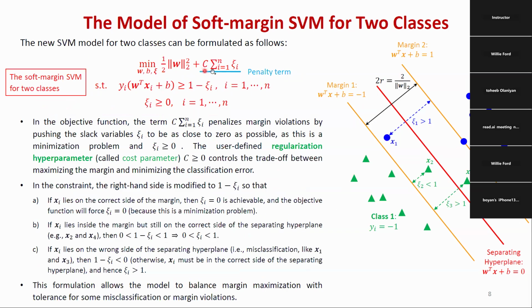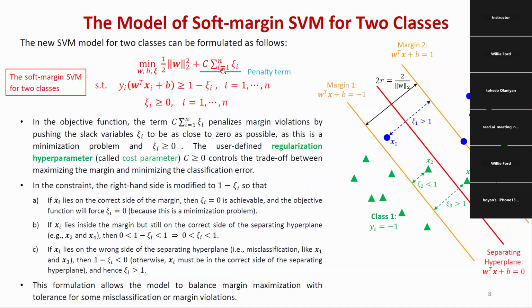First of all is the objective function. We can see this part is the same as the original SVM model. What is added is this item. This term is called